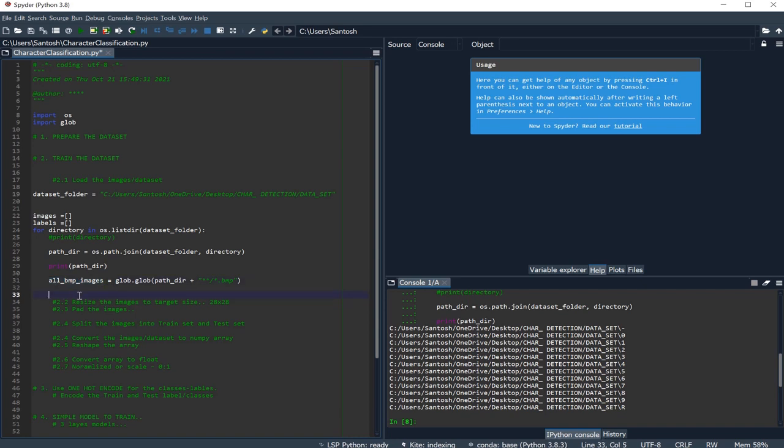So now let's access these BMP files one by one and then add it to the images. BMP images, image,